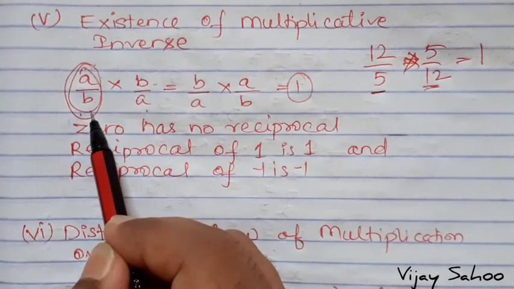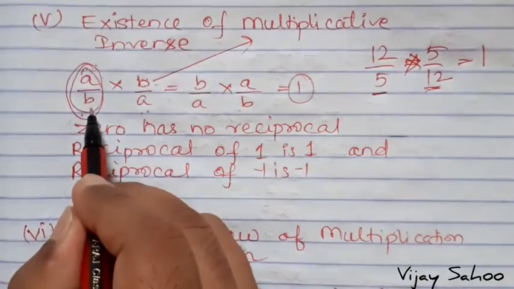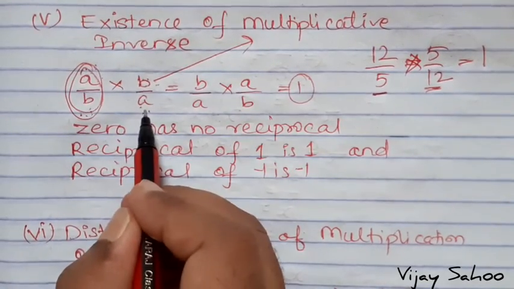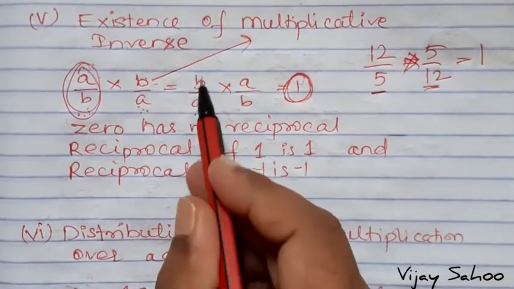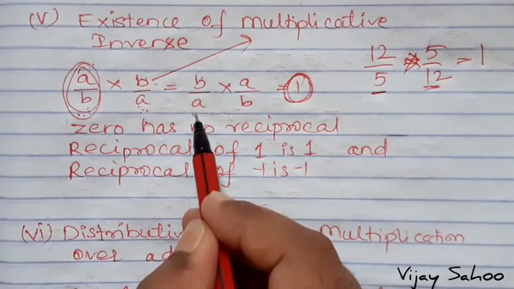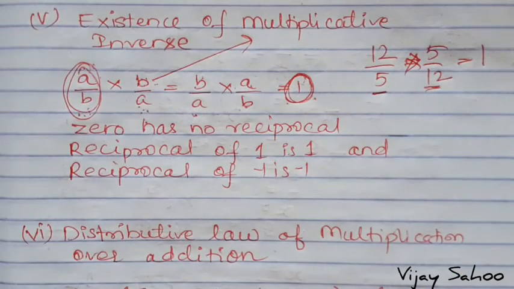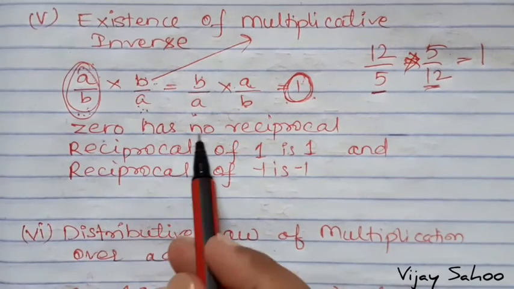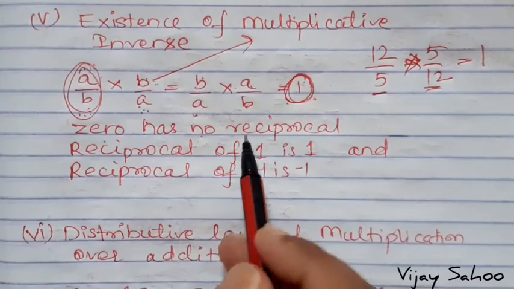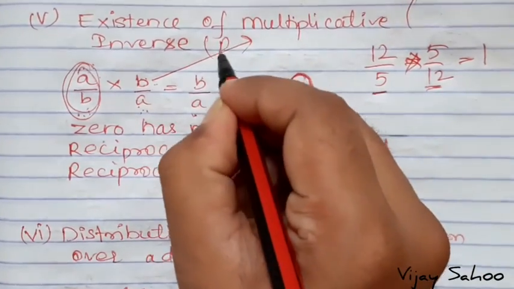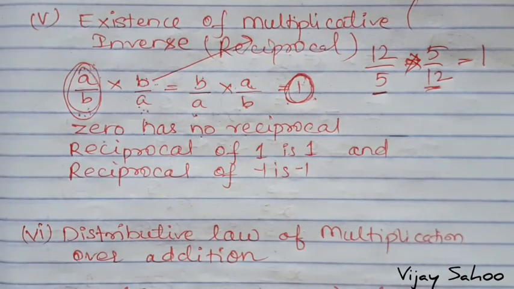That is what is being explained over here. a by b is a rational number, b by a is the multiplicative inverse of a by b, and if I take the product of it, I will always get the answer as 1. Same here, let us take b by a as a rational number and its multiplicative inverse is a by b, so your answer will be 1. Understood? 0 has no reciprocal. Reciprocal means what? It is the same term related to the multiplicative inverse. Keep in your mind, multiplicative inverse and reciprocal are the same over here.